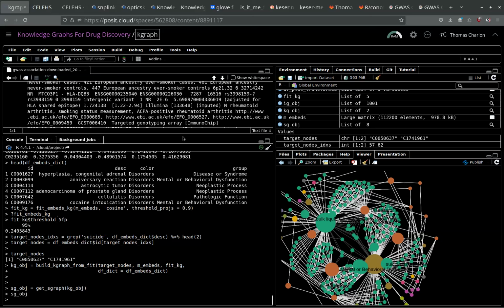And so instead of just using a 5% quantile, we're going to do a 5% false positive. I'm not sure if I'm going to be able to explain this easily, but